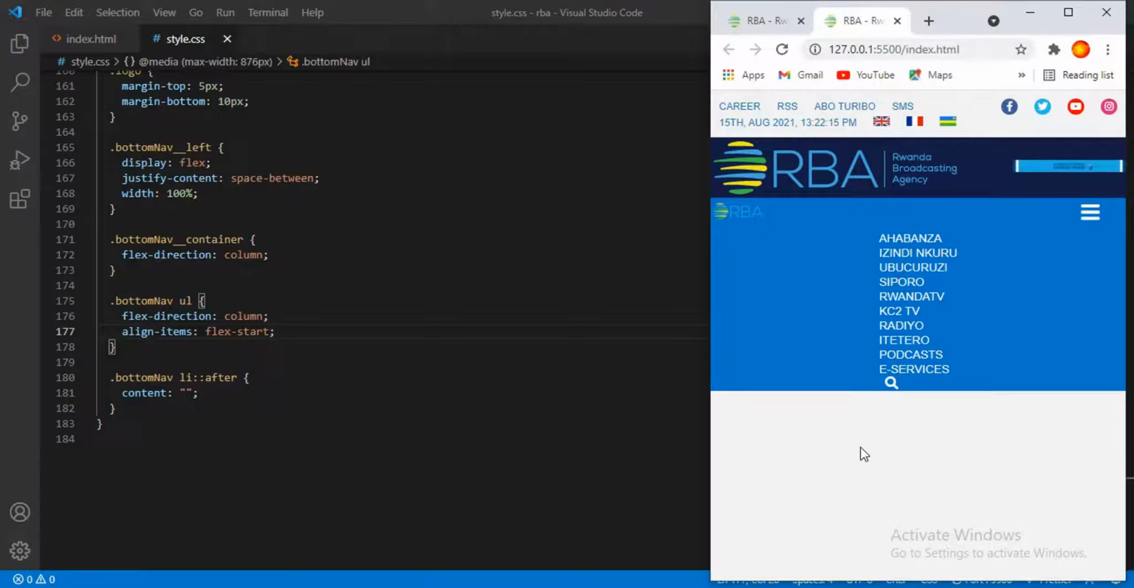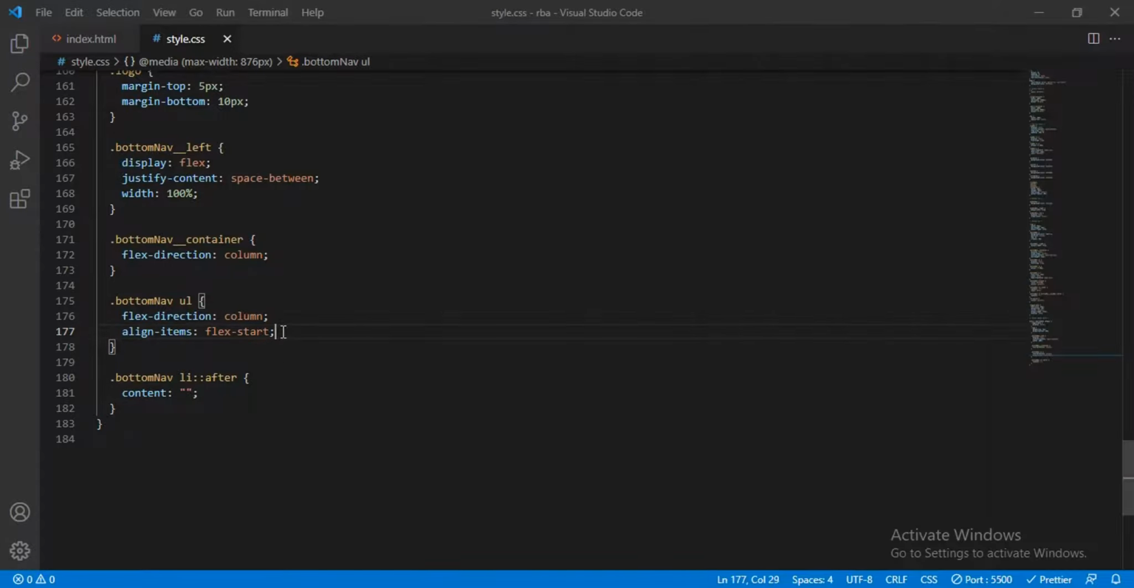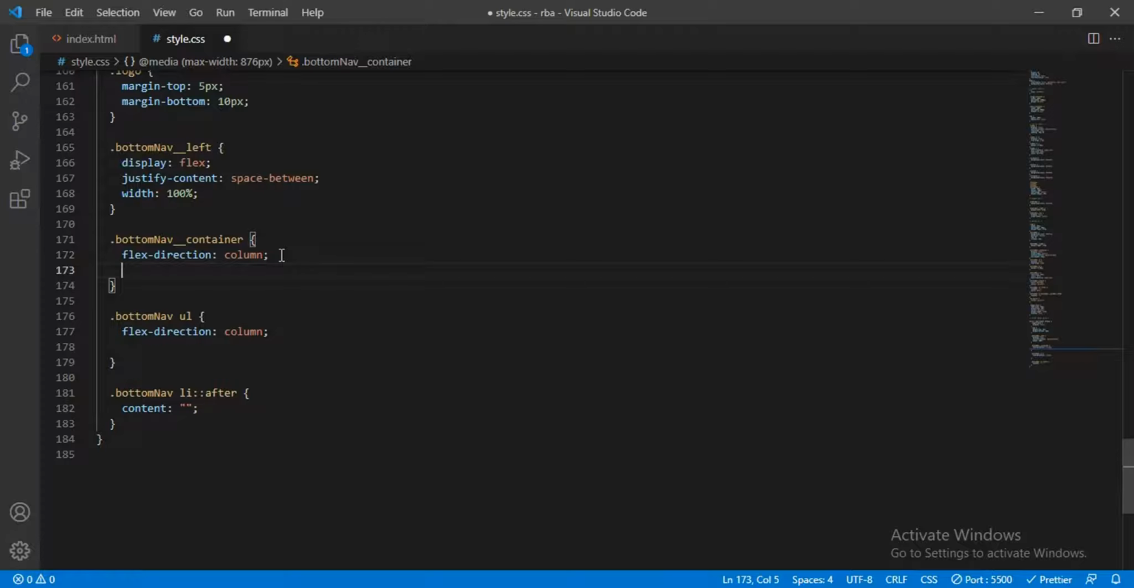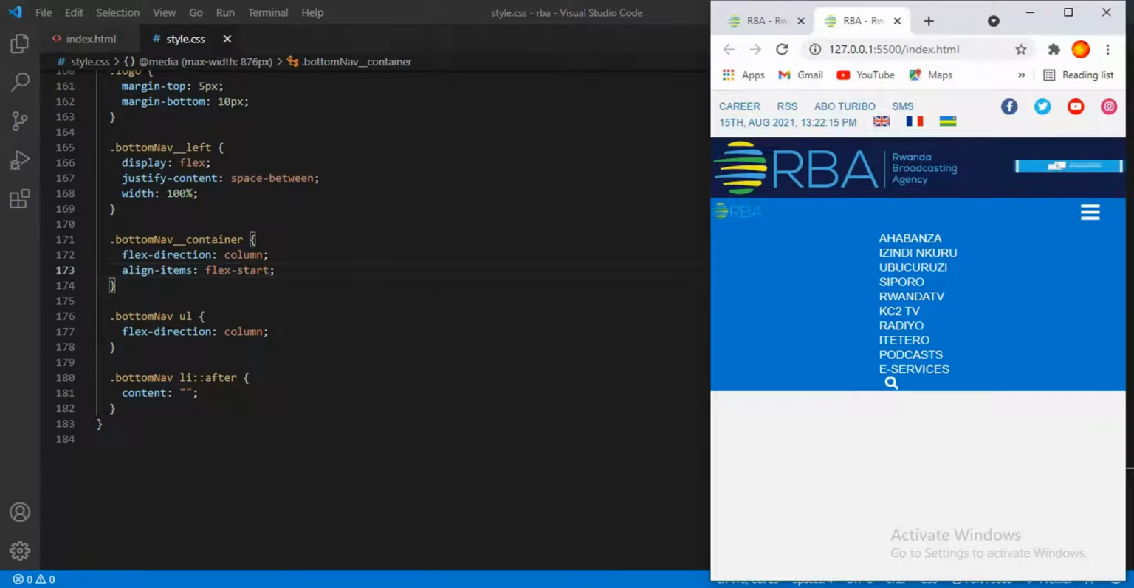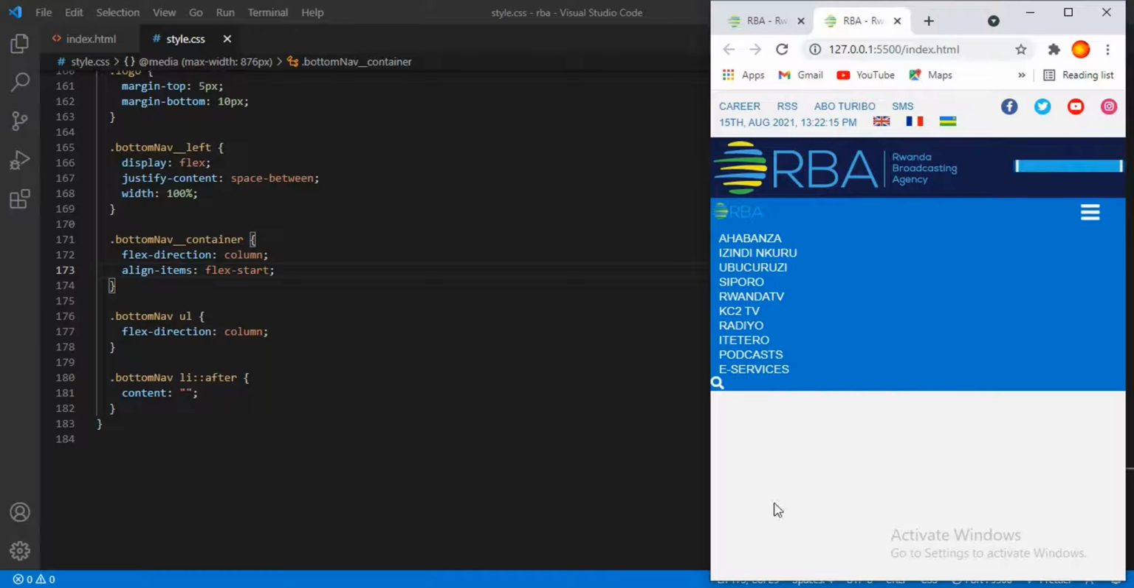Okay, save this. Actually iyi flex start igomba kujya kuri container. Okay, so igomba kujya hano kuri bottom nav container, flex start. Okay, then hano kuri browser, you can now see the navbar ziri kuri left. Okay, so